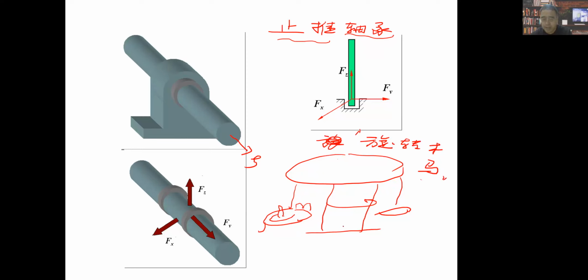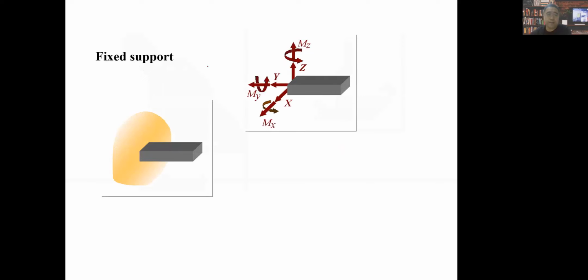Actually, it has a key mechanism like this. You know? So it only kind of has rotation movement, but it can move along these three directions. Okay, let's move to another page. This one is very important, especially in plane, you know? So actually this picture and this picture show us